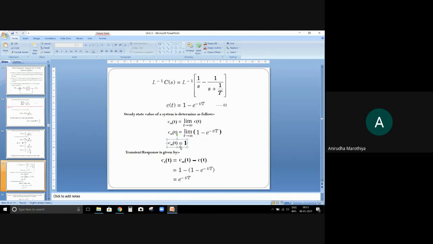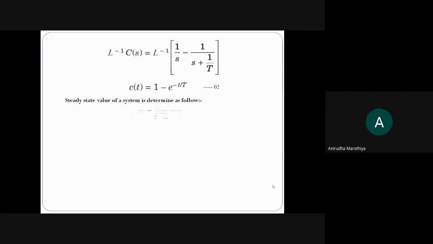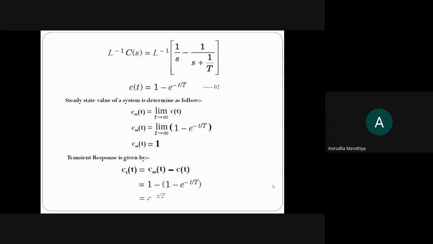And if you know the final steady state response, here from equation number 2, we know the total response. We know that the total response is a combination of the steady state response followed by the transient response. So if you subtract the steady state response from the total response, we will get the transient response. In this mathematical expression for the total time response of the control system, this indicates the steady state response, and this particular component indicates the transient response.